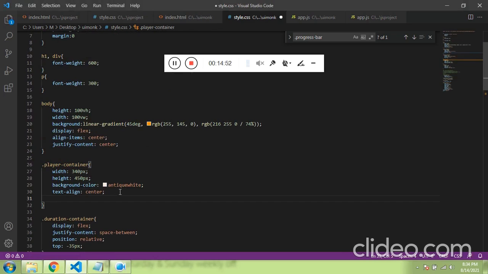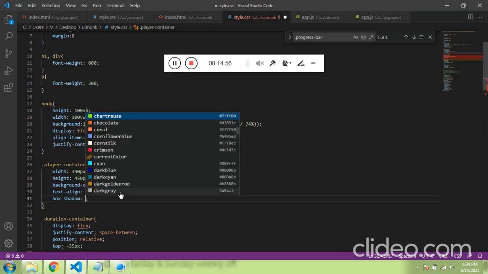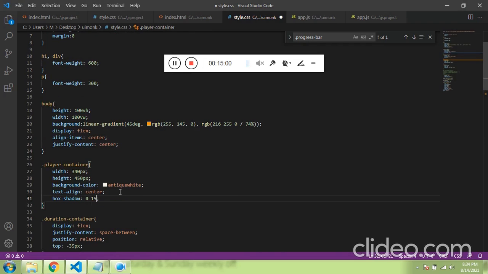we need to add box shadow: top and bottom 0, left and right 15 pixel, the blur is 30 pixel and the spread is 20 pixel, and the color is RGBA black with opacity 0.3.